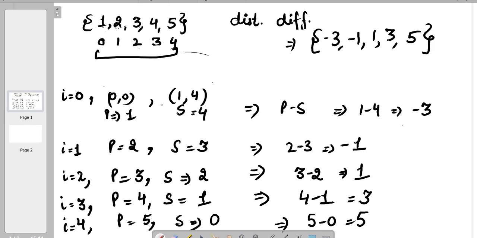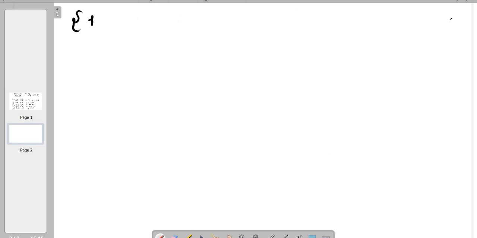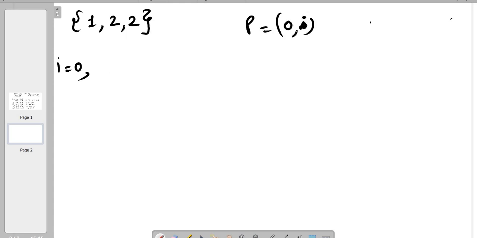So this was the case when we didn't have any duplicates. So let's take one more example in which we'll understand how we have to count the prefix and suffix when we have duplicates. Let me take one small array. Let's say 1, 2, 2, right? So when i is 0, what is the prefix? From 0 to i, and suffix is from i plus 1 to n minus 1, right?